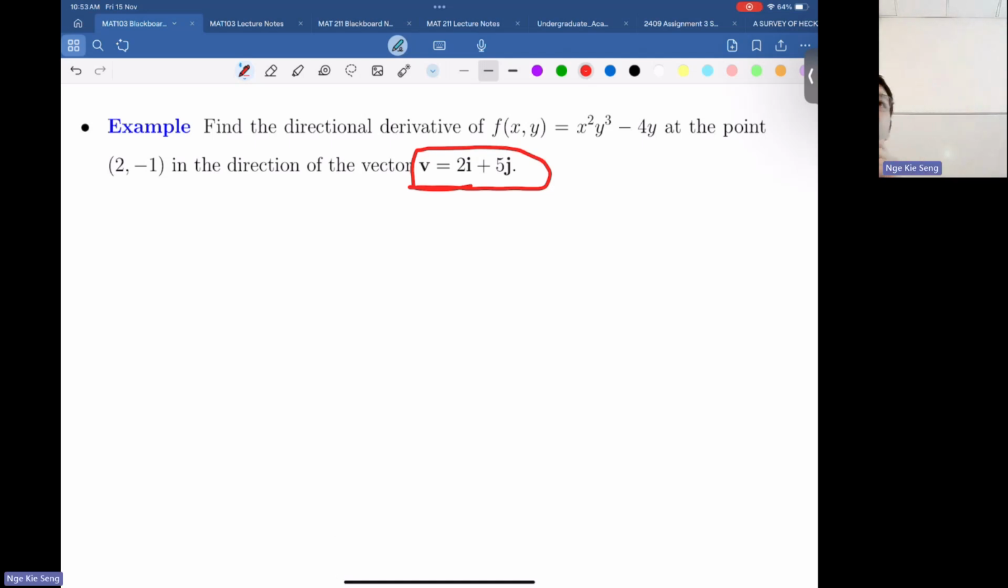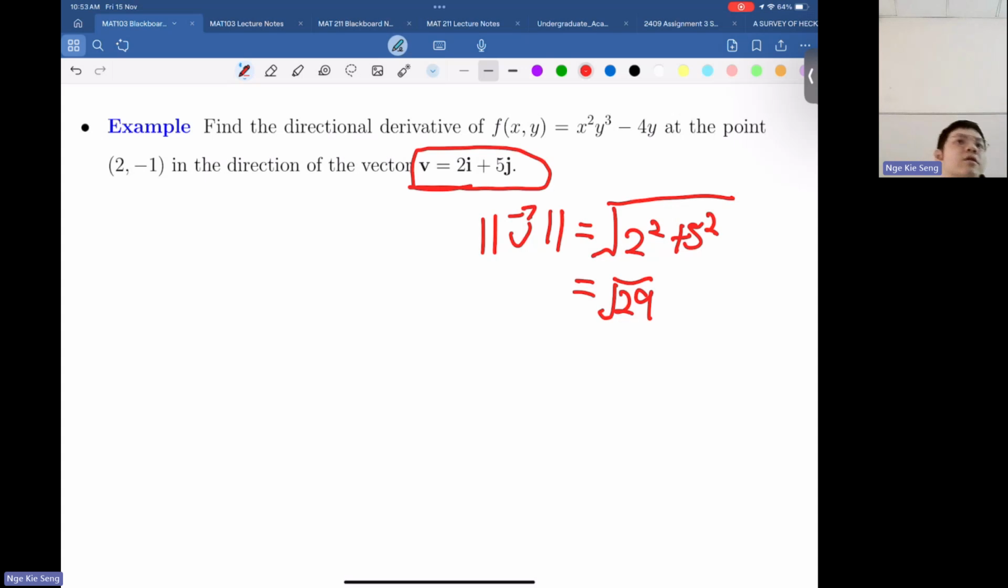A unit vector, man. No. Why? How do you compute? Square root of 2 squared plus 5 squared. So this norm is what? 4, 25, 29, square root 29. Okay. But can you make it into a unit vector? Can you make a unit vector or not? Divided by